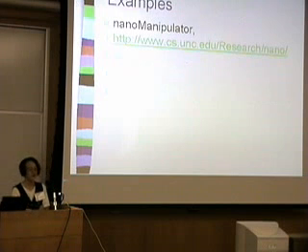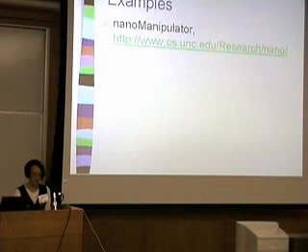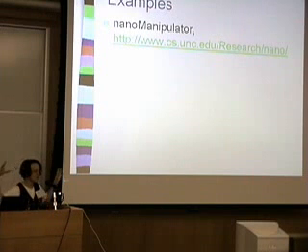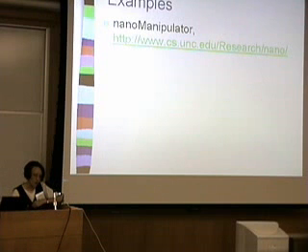First one, the Nano Manipulator. This is a virtual reality interface to a microscope that's located at the University of North Carolina. And this microscope allows scientists to see the surface of the material and also to feel it. We're talking 3D capability over the internet. Researchers at the distance member universities could operate this microscope just as if they were there at University of North Carolina.